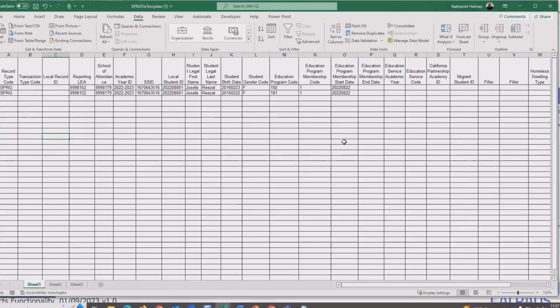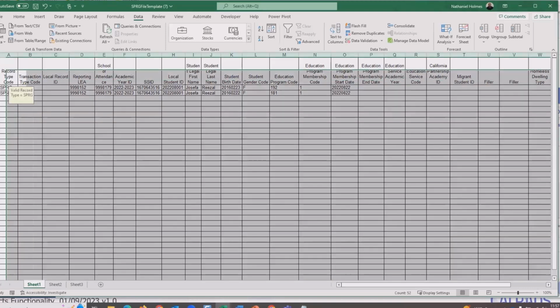So now I have the two program records, right? And the first step is I have to delete these. So what I'm going to do is duplicate this file because I have to make two steps. I have to first delete and then resubmit. And so since I know I'm resubmitting, let's just copy the file,